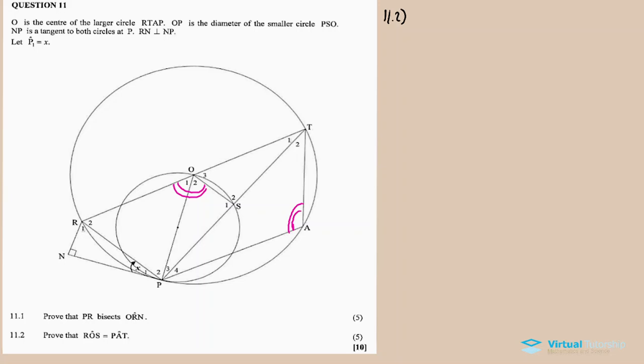So if we take the big circle, it is a cyclic quad, right? And on the previous question we just showed that R2 is equal to R1, right? So in other words, the angle R2 and angle R1 as well as the angle